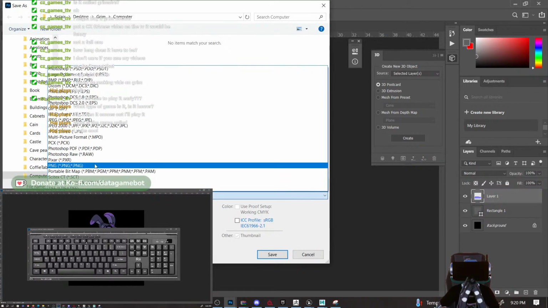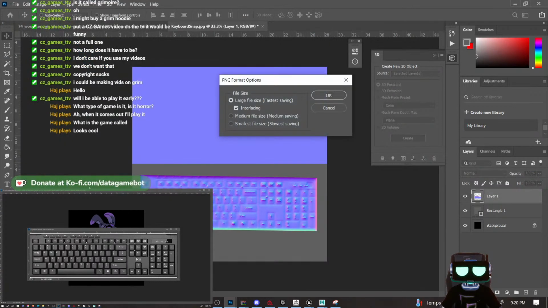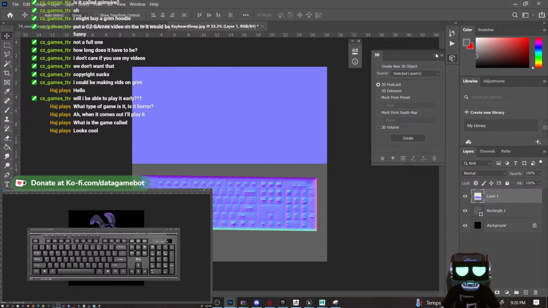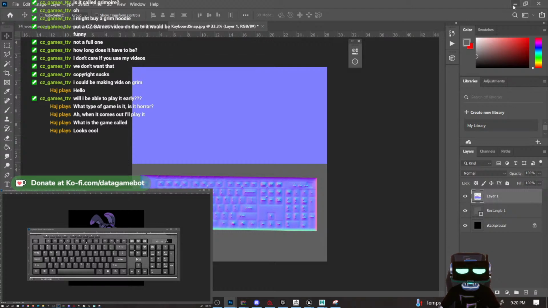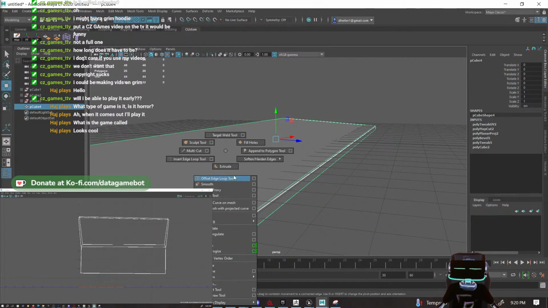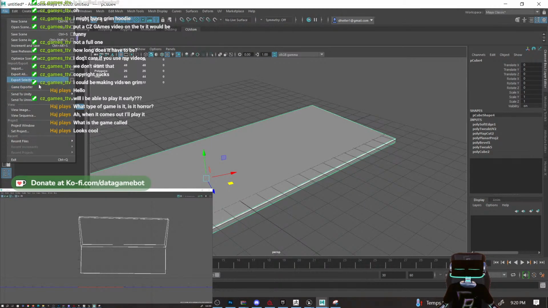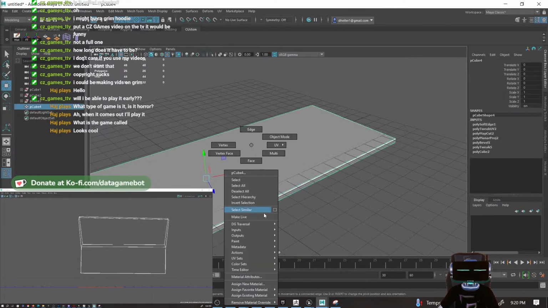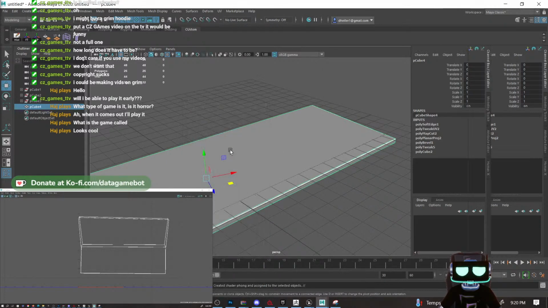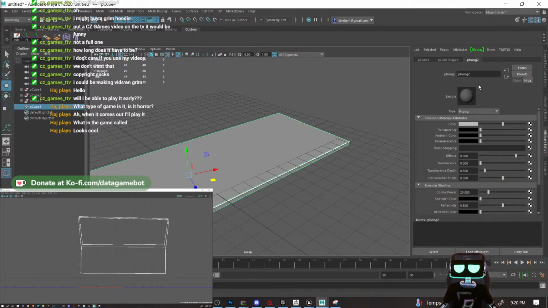Save as PNG. Keyboard. Save. There. Now, view, soften edges, file, so new material, file, history, file,